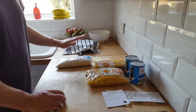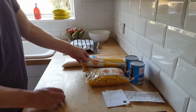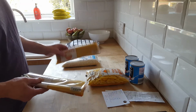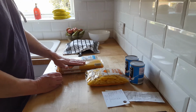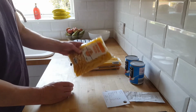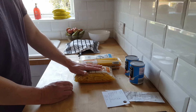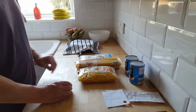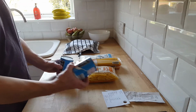Rice, can't have enough of that. Got a kilo of rice at 45 pence. I got a kilo of spaghetti, 20 pence each for those packets. As usual, topped up on pasta at 29 pence for half a kilo, and then for my canned goods I added to those with these meatballs